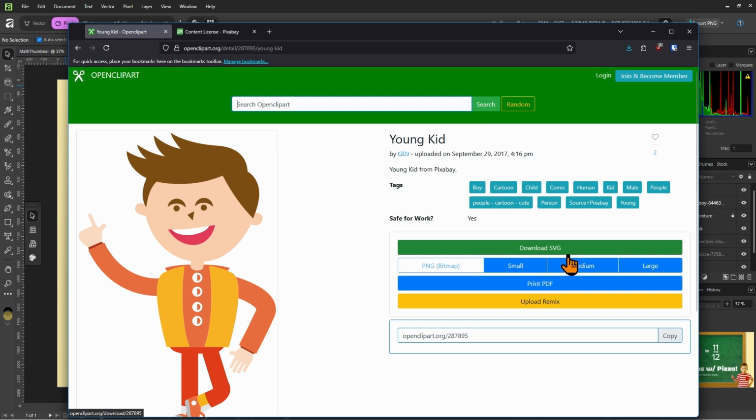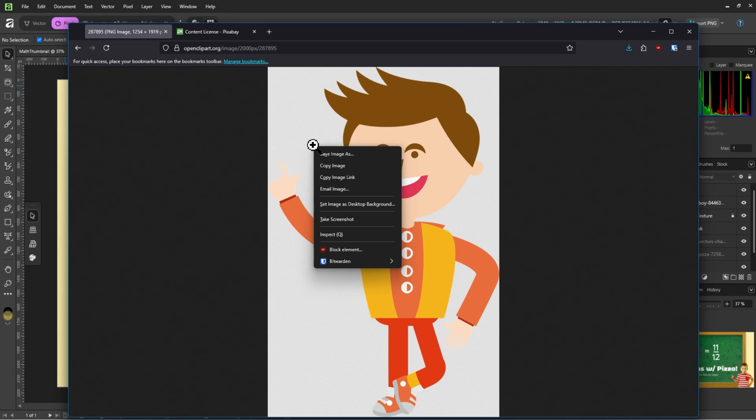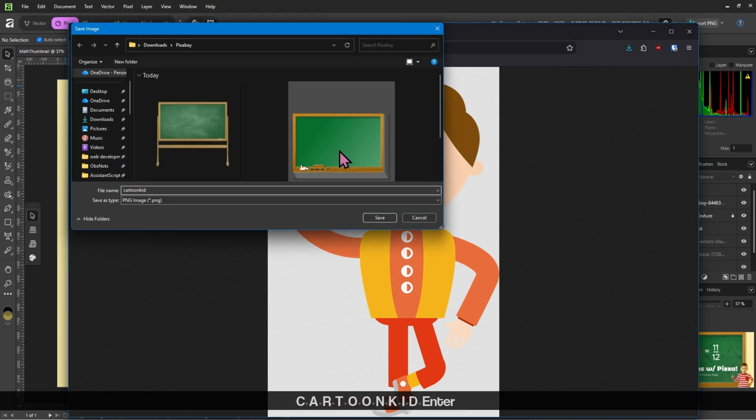So for now, just make sure to download the PNG bitmap, the large one or the medium one, either will do. And if you see something like this, don't worry, that doesn't mean your download failed. Just right click on the image and save image as. Maybe I'll name this Cartoon Kit.